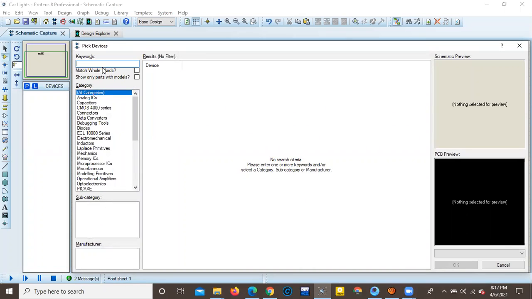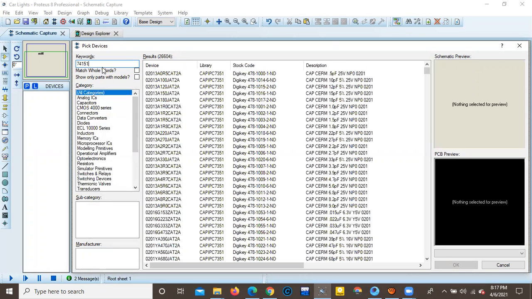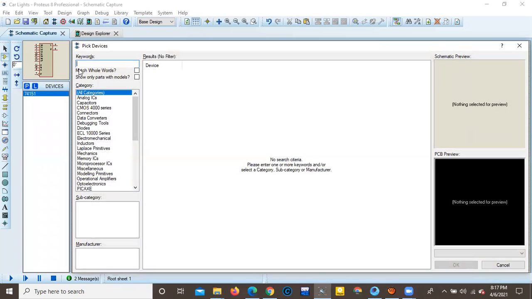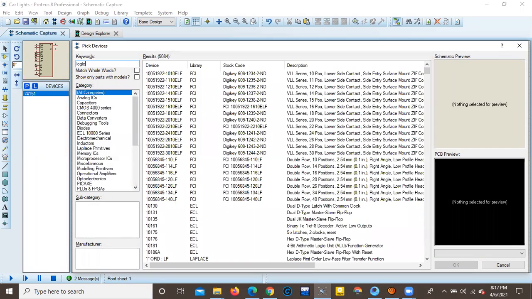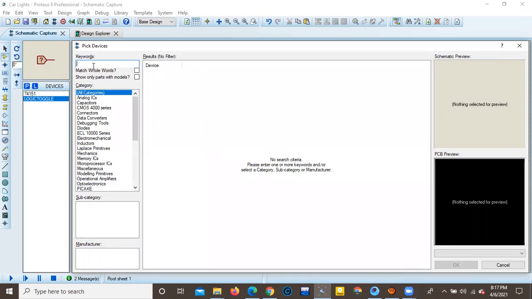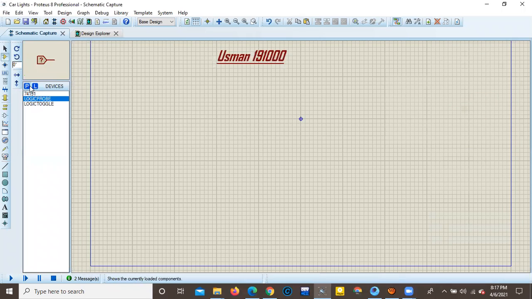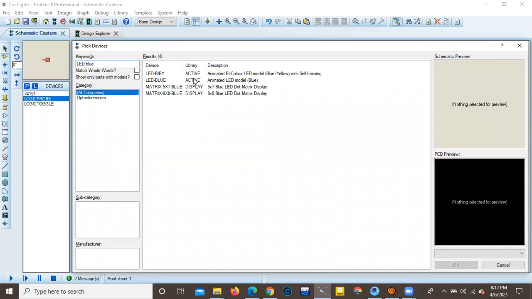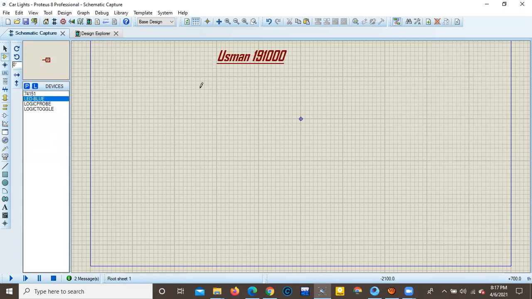74151. I will choose this first one, and for input I will select the logic toggles, and for output I will select the logic probe, and then last one I will select an LED blue. So now let's implement our circuit. First I will place this IC, and now I will place the inputs